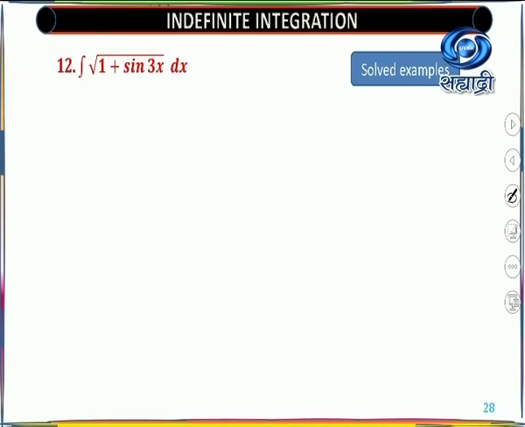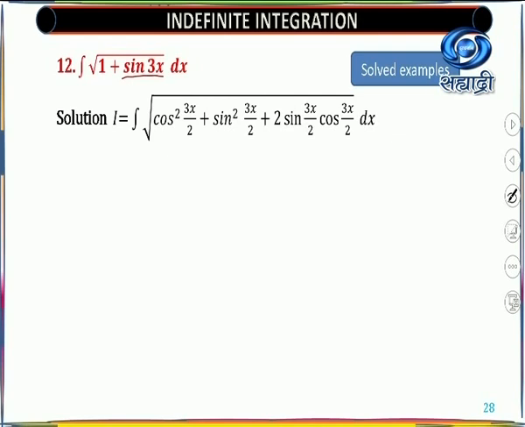Our 12th example says integration of root of 1 plus sine 3x. Now this is sine 3x, 1 plus sine 3x. So trigonometry again. Here we don't want the root sign. It is a composite function as well as trigonometric, and for trigonometric functions there are also allied angles. We are not familiar with such types of functions to find the derivative or the antiderivative. So we'll start simplifying, because there are techniques now, and we'll use that technique.